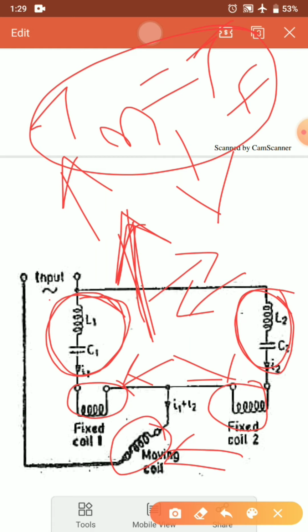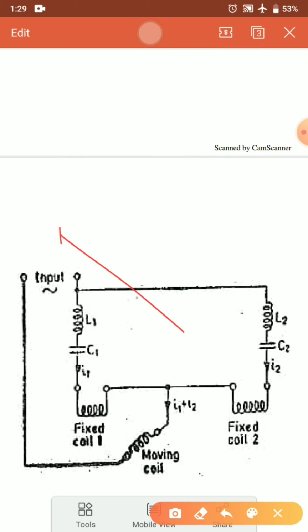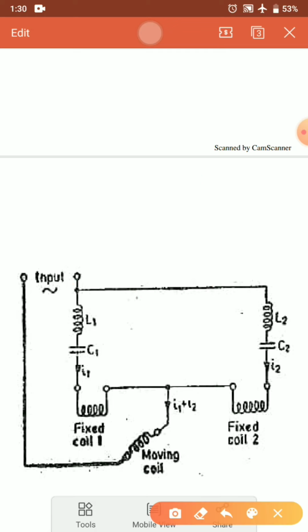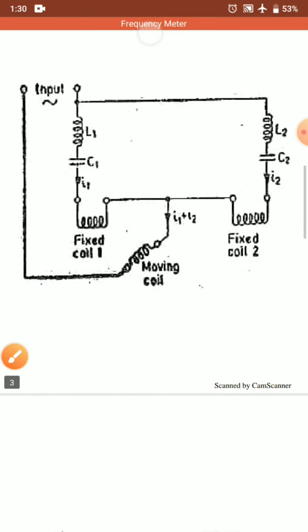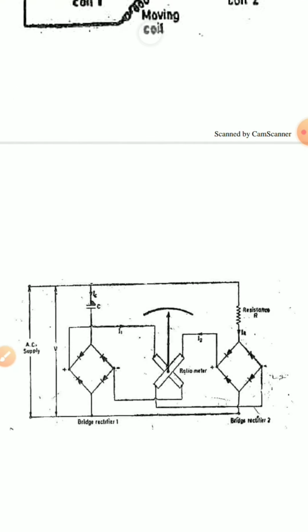So here we can see that the instrument scale will vary from 0 to 90 degrees. That is the movement of the pointer, it is possible only up to 90 degrees. Using this as well, we can determine the frequency of the input supply using resonance, that is XL equal to XC. Using this condition, we can directly measure the frequency using an electrodynamometer type frequency meter.